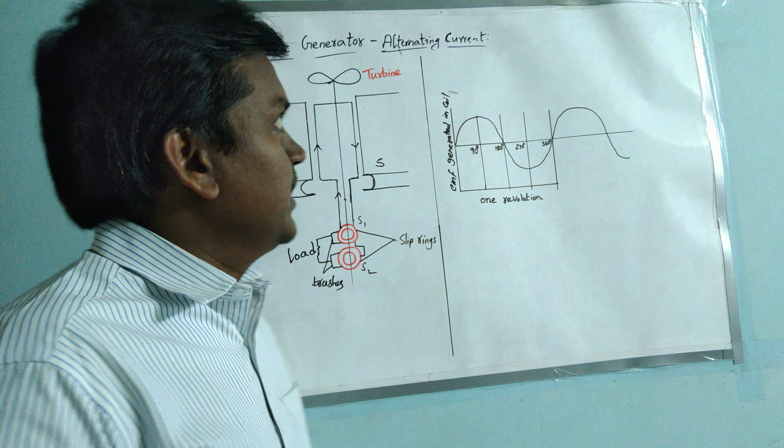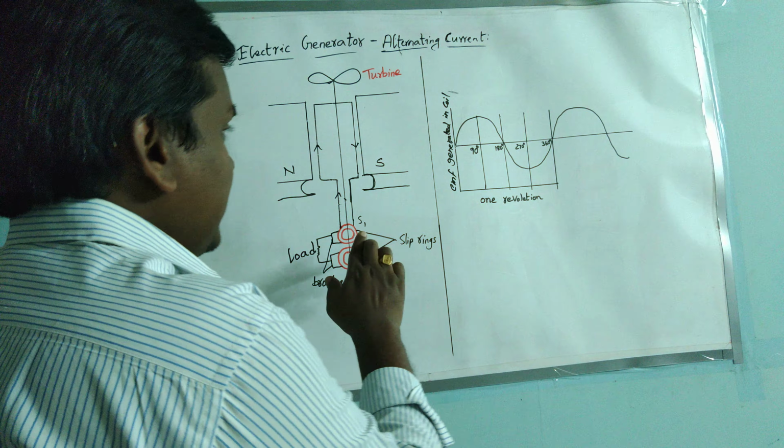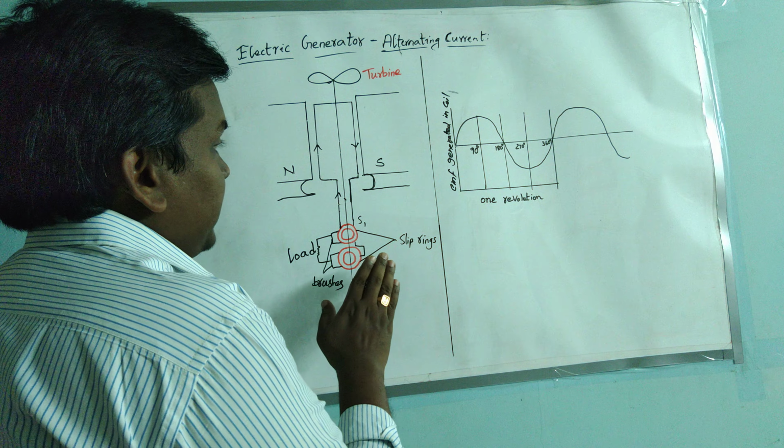So here if you consider the rotation of this generator, with the help of the handle or turbines, we are making this armature rotate. So the armature will rotate. If you consider, these slip rings also rotate along with this armature. Slip rings also will rotate along with the armature. And here alternative current. Why we are calling this alternative current means, here after every half revolution the direction